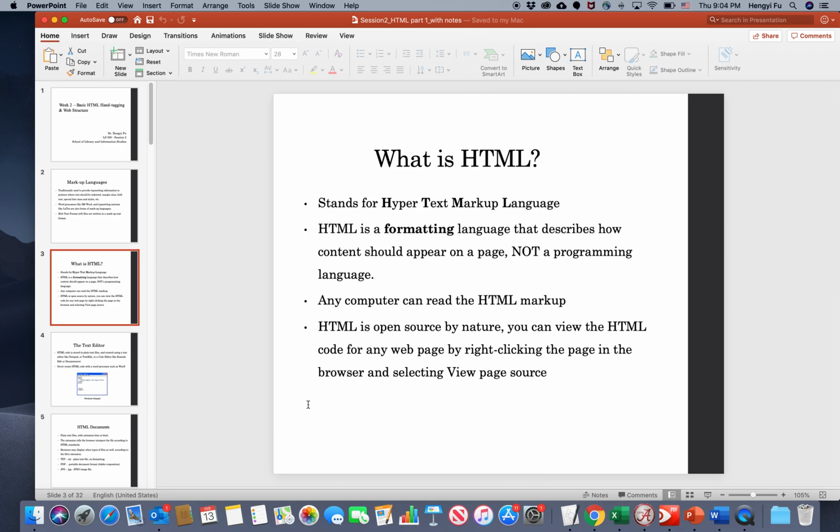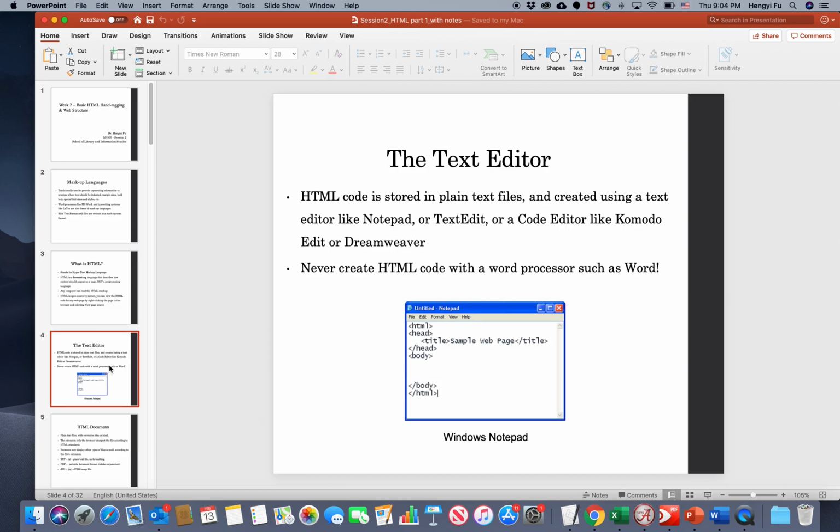Any computer can read the HTML markup. Web browsers receive HTML documents from a web server or from local storage and display the document as multimedia web pages. The type of code of HTML is text. HTML's code is stored in a plain text file and can be created using a text editor like Notepad, TextEdit, or Dreamweaver. So that's a reason